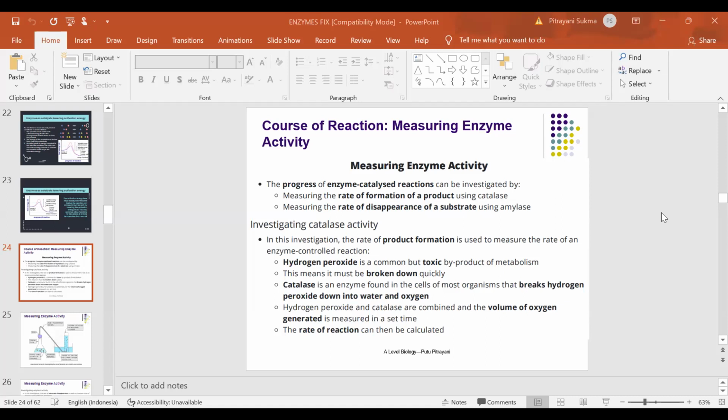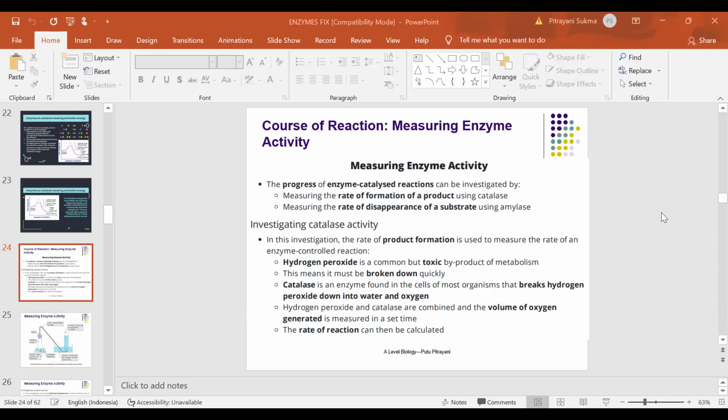As we have already learned last meeting, enzyme is made of protein. So why is it important for us to learn about enzyme? Because enzyme is a biological catalyst. So enzyme can speed up chemical reactions in living things. When enzyme speeds up a chemical reaction, the enzyme itself remains unchanged and is not used up. Meaning that after they finish speeding up the chemical reaction, the enzyme can be reused again to catalyze the next reaction.